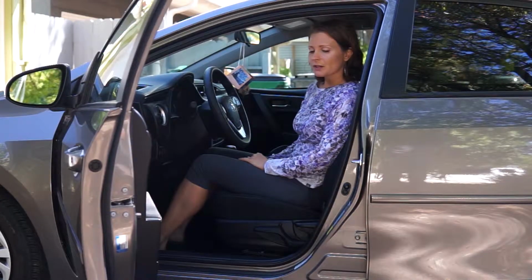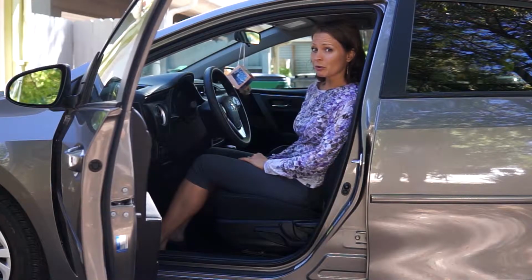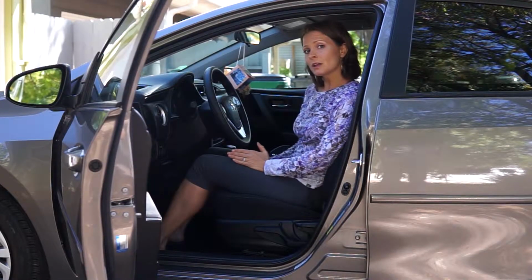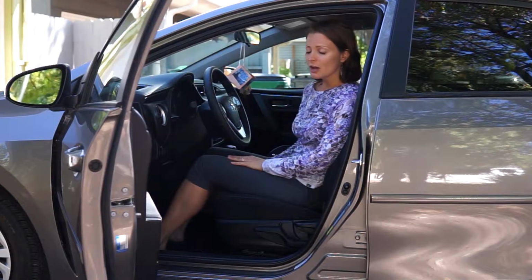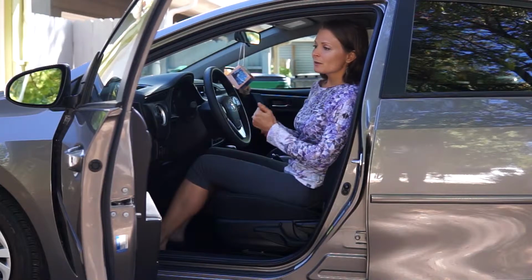First of all, there's the lumbar support. Most car seats do not have lumbar support. If you're lucky enough to own a car that's on the higher end, you might have a lumbar support but still find that it's not enough. So you can use,